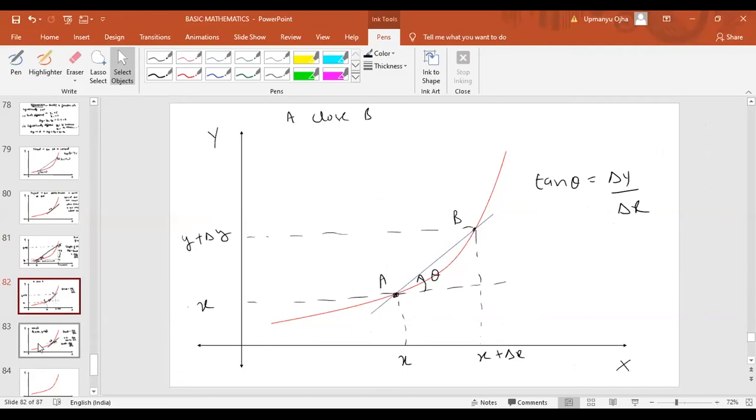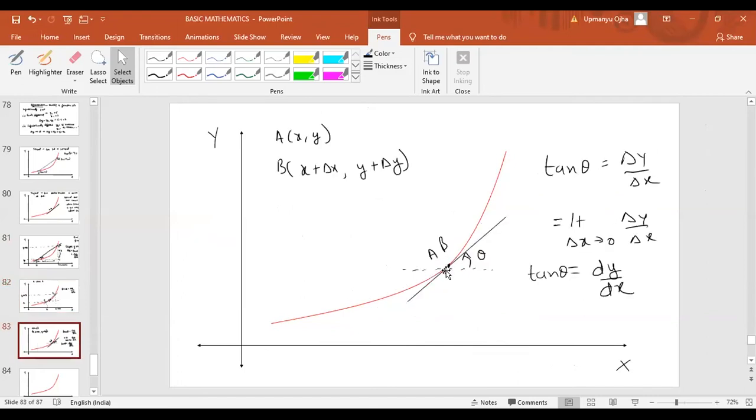But if you look at this condition, when A and B are very, very close to each other, it is so close that we cannot distinguish these 2 points. If we cannot distinguish these 2 points, and if we try to draw the secant to the curve, it becomes tangent to the curve. The tangent is a special case of secant, when the line touches the curve. Here also, if A and B are very, very close to each other, then the secant we are drawing is almost tangent to the curve.